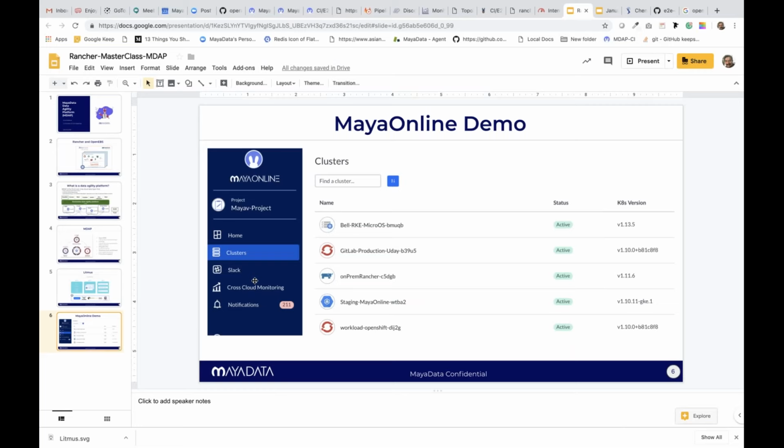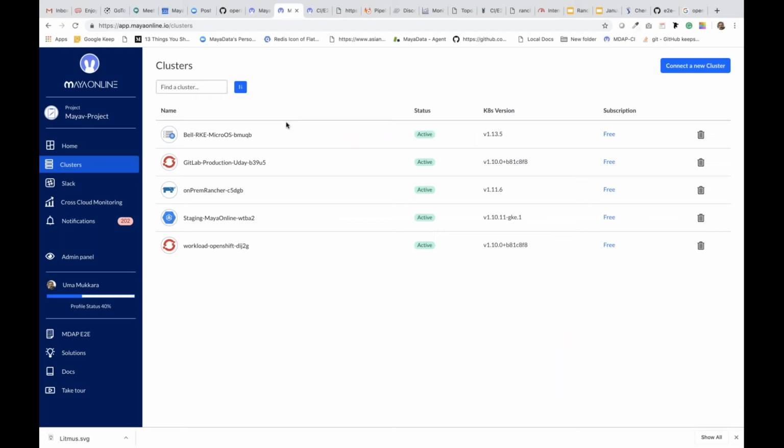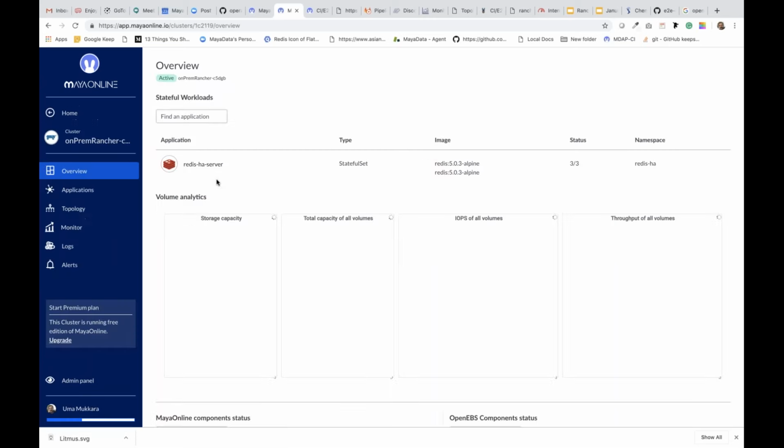As you can see, this is a visibility platform at the moment, and I could go and see what applications are running, what my data layer is, how my OpenEBS cluster is, and different statuses of the data plane and control plane. And then most importantly, we have topology, monitoring, and logs and alerts. So these four together form a good stack for visibility of how your Kubernetes is working with respect to the stateful applications that are using OpenEBS. So let me just go to one of the applications here.